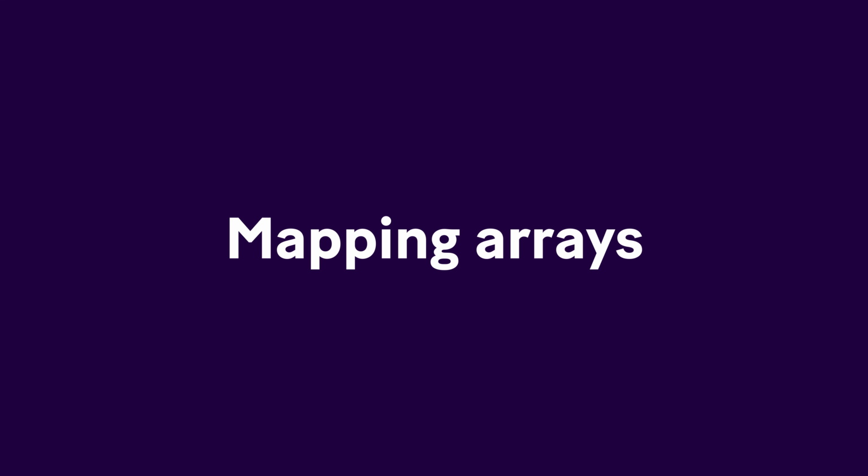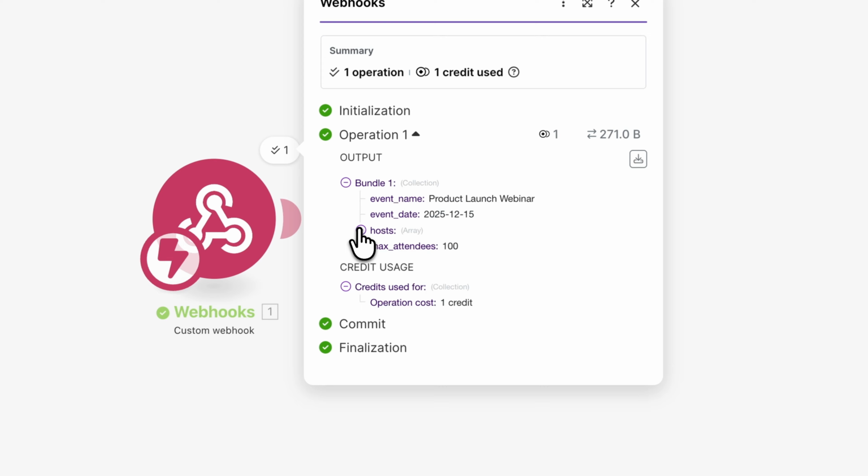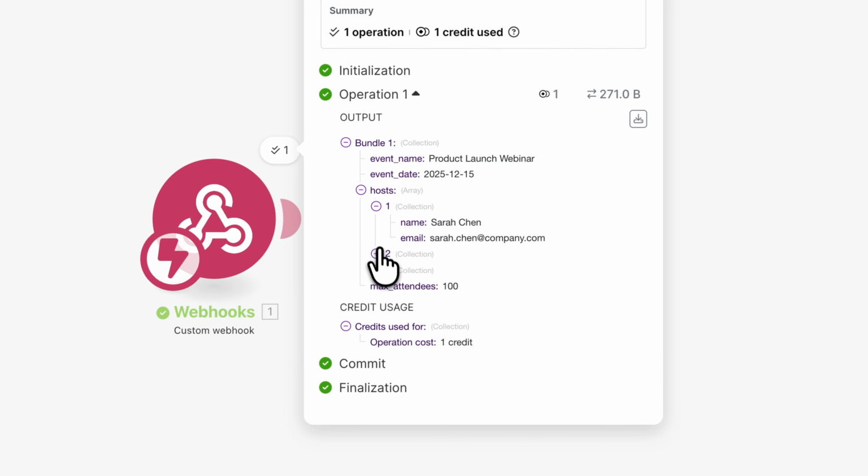Arrays contain multiple items in a list. In Make, arrays have specific mapping behavior. Let me show you what happens. Here's some data about an event, and we can see it contains an array of hosts, including the name and